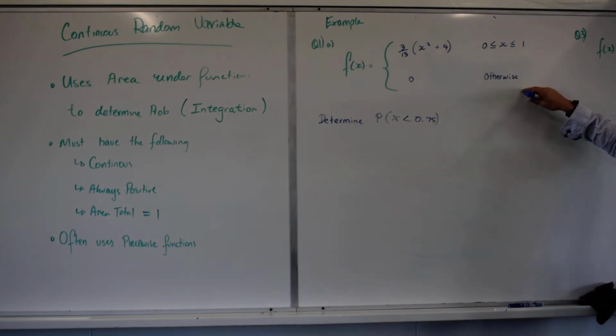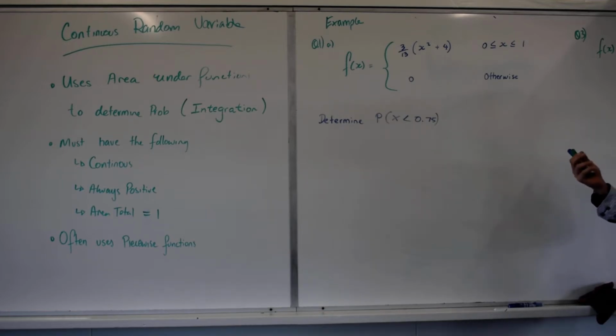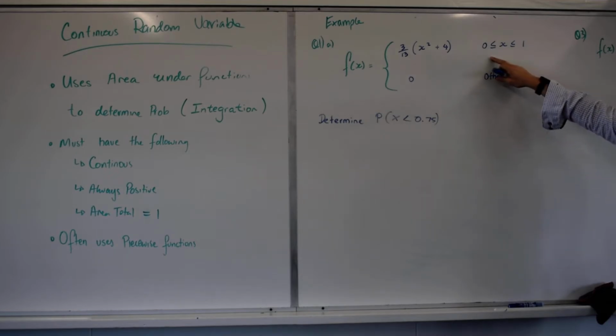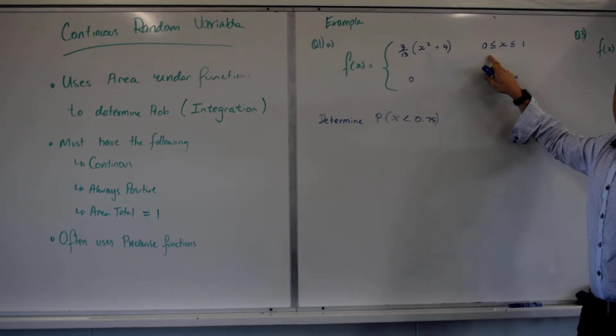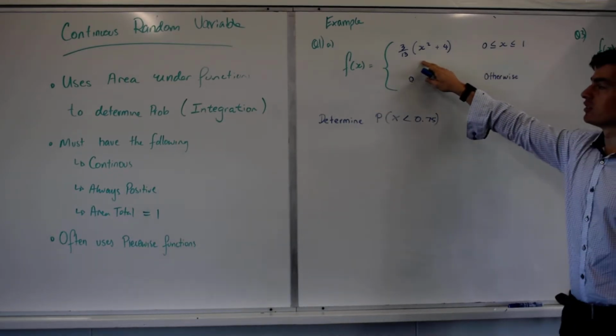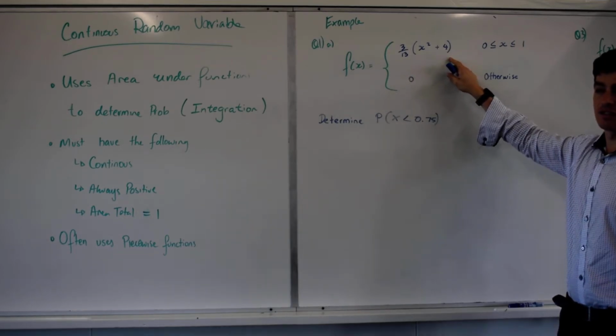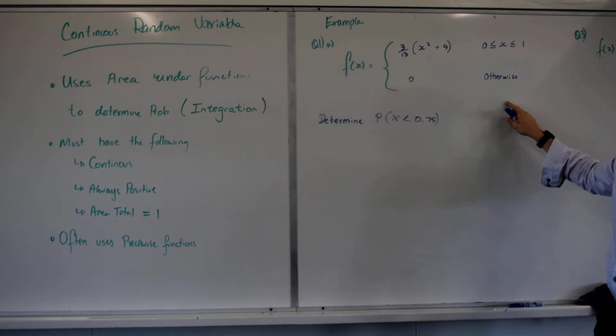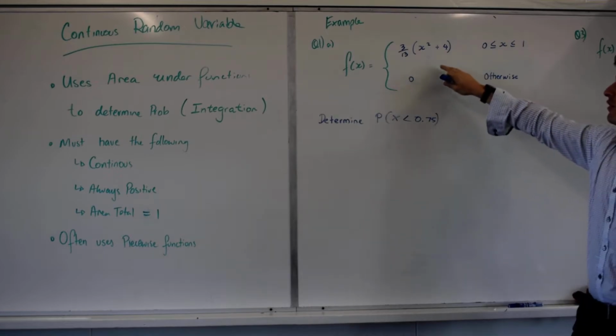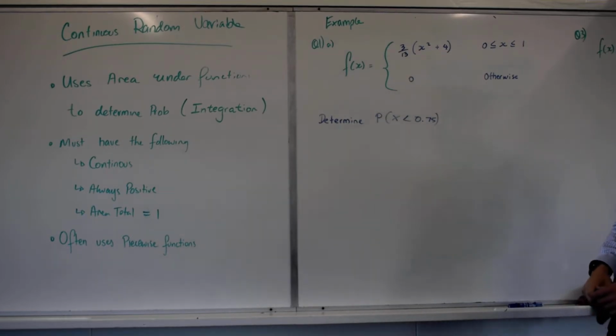What does this mean then? Piecewise functions. This means between 0 and 1, the function is this. Any other time it's equal to 0. So this is going to have a quadratic looking graph